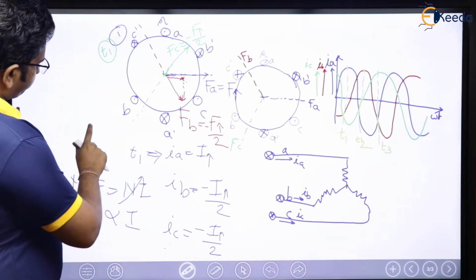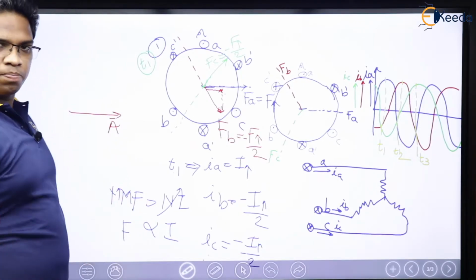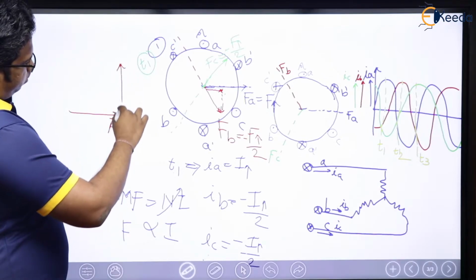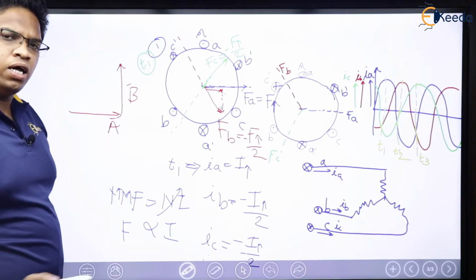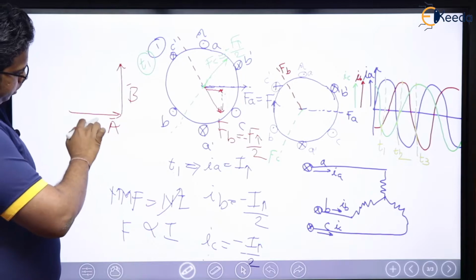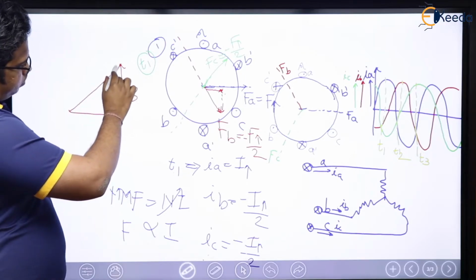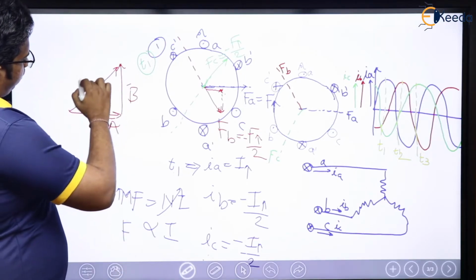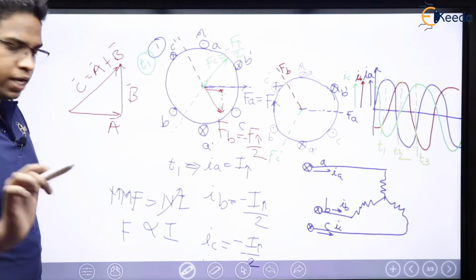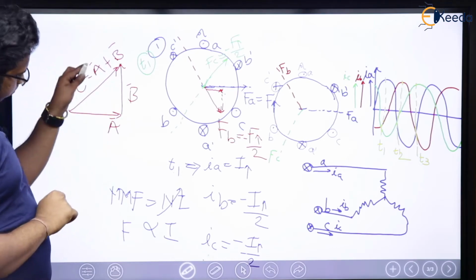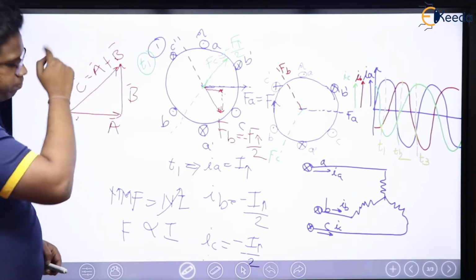Let us discuss. See here, for example, this is vector A bar, and I have, let us say, one more vector here, B bar. Now I have to add them. What will I use? Triangle law. What does triangle law say? Whenever this is the vector A and this is vector B, the third side of the triangle is nothing but, let us say, C bar, which is A bar plus B bar. So if this is my C bar, this C bar can be split into one horizontal component and one vertical component, like this A bar and B bar.